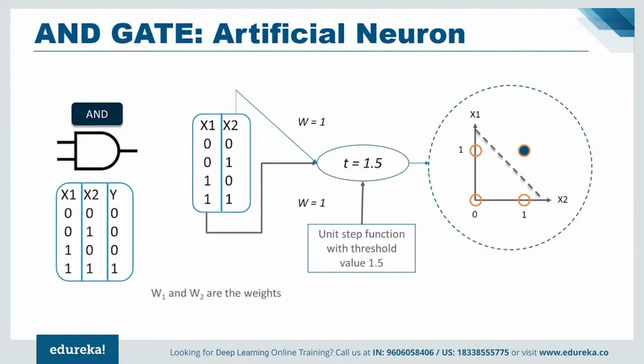Class 1 is inputs having output as 0, which lie below the decision line, and the second class is inputs having output as 1, which lie above the decision line or the separator. The diagram here shows the above idea of classifying the inputs of an AND gate using a perceptron. So till now you understood that a linear perceptron can be used to classify the input dataset into two classes. But how does it actually classify the data?